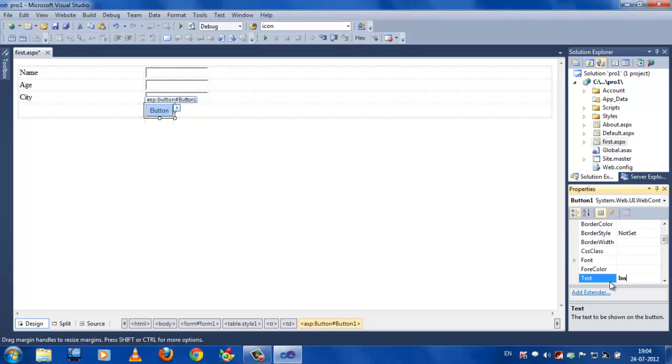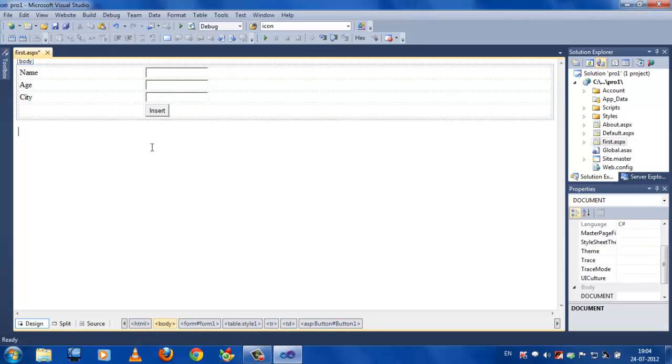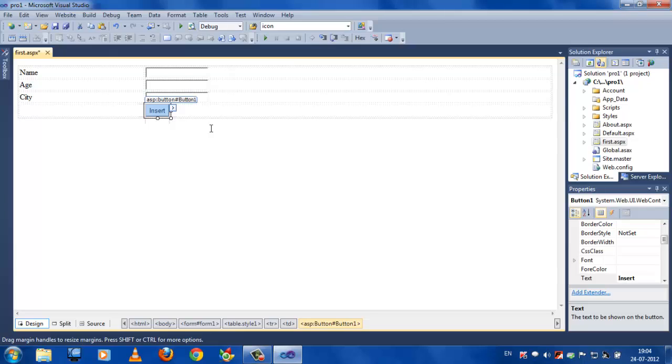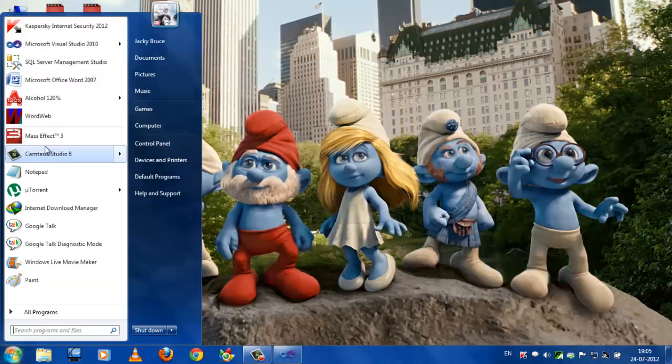We can name the button as insert. If we give the values in the text boxes and click the button, it has to be saved in a database, so we have to create a database, and so we can open a SQL Server database